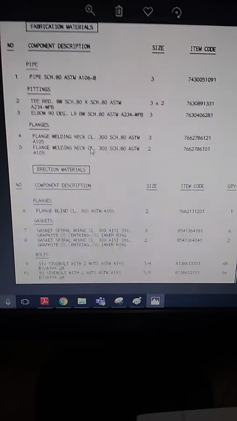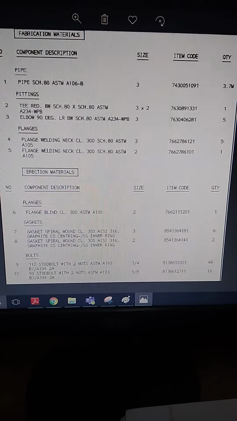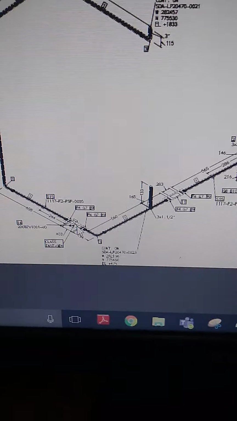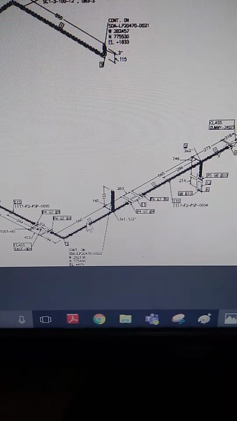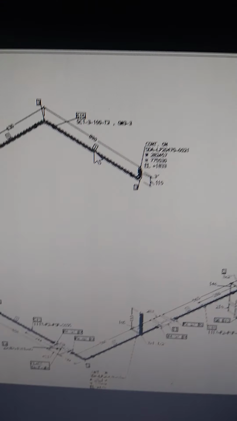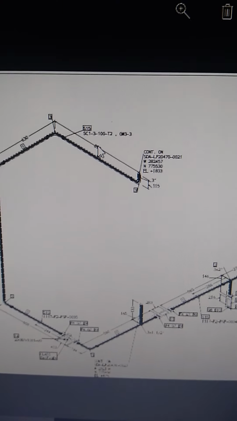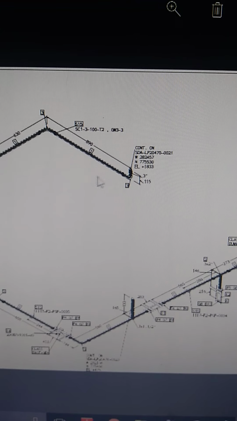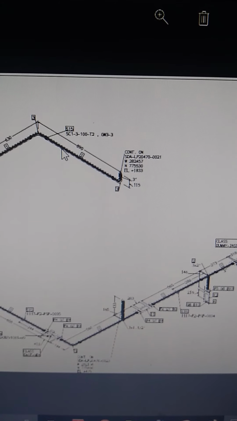This isometric goes to the fabricator, and as per this you can see all the dimensions, all the valves and flanges. As per all these dimensions, this is one line. So I am a fabricator and I got this isometric. What I do is start the fabrication work. I got this spool piece, this is one, and this dimension is 890. The 890 means elbow to elbow, the center to center is 890. So what I will do, I'll just